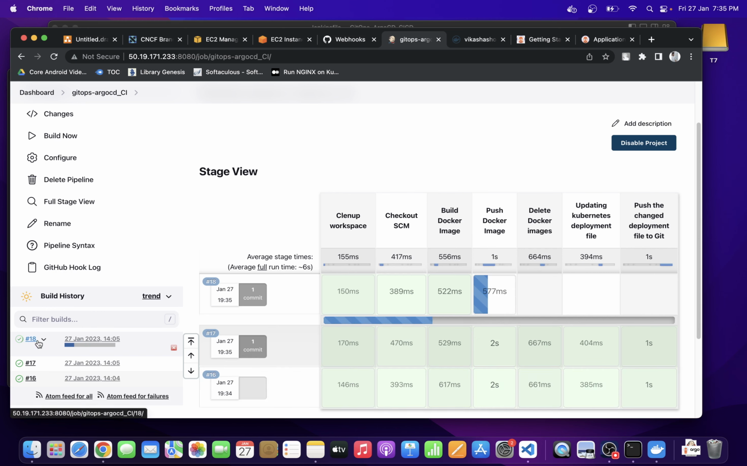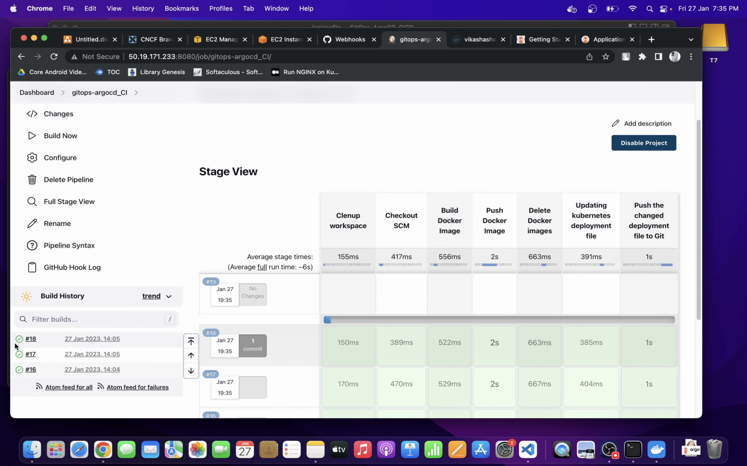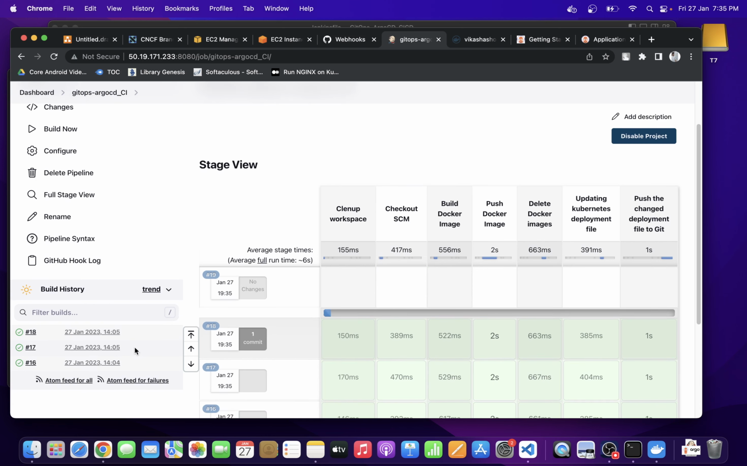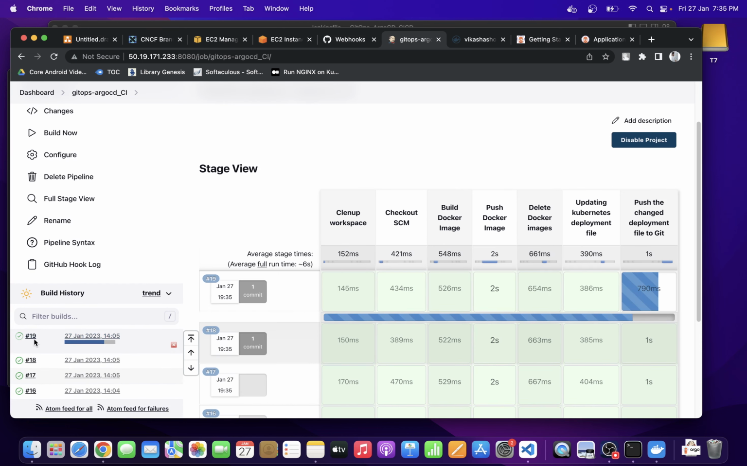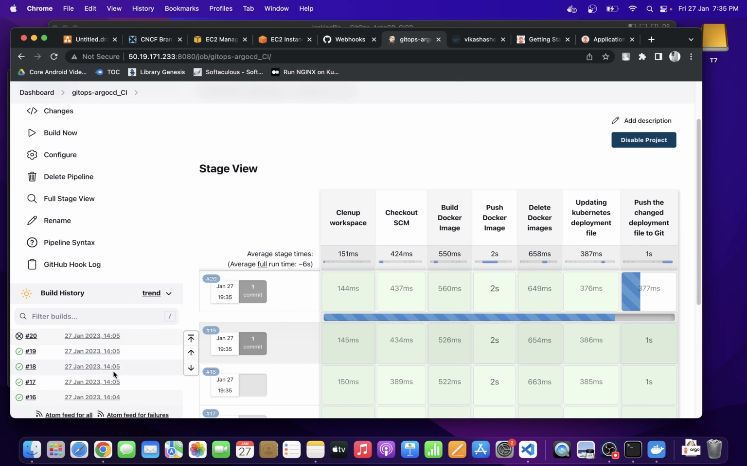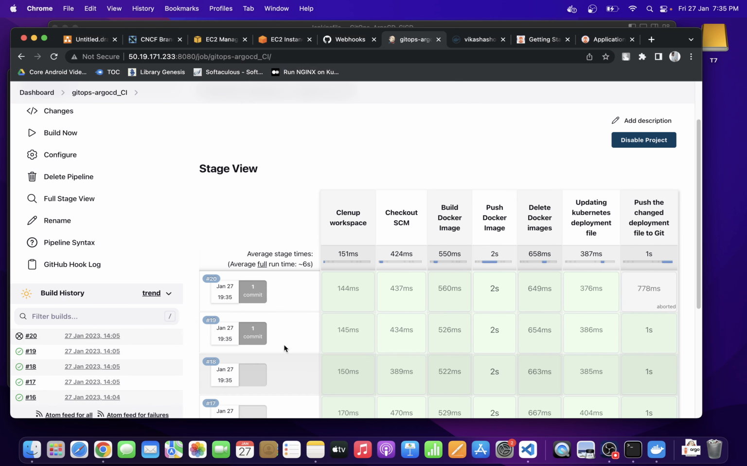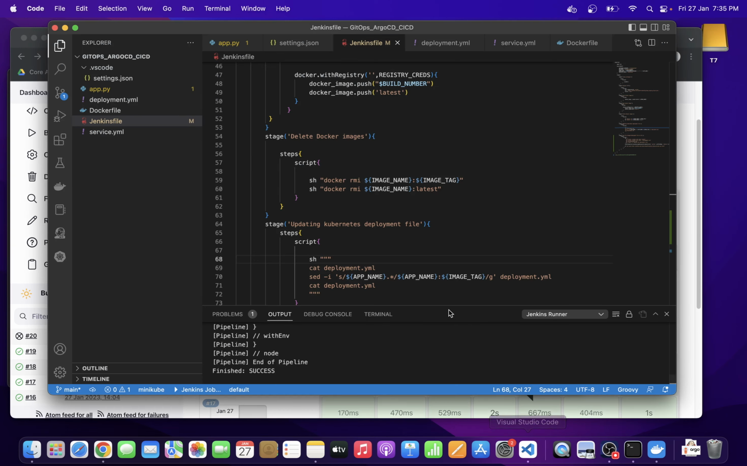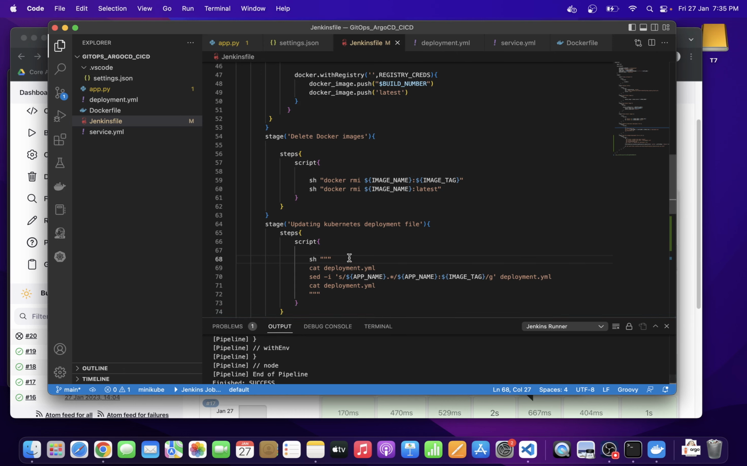So 18 number is running now. And you can see it keeps on running. You know why? Because, let me cancel this and tell you. It will keep on running in a loop. Why? Because once you go to the code, suppose what is happening here, once you have